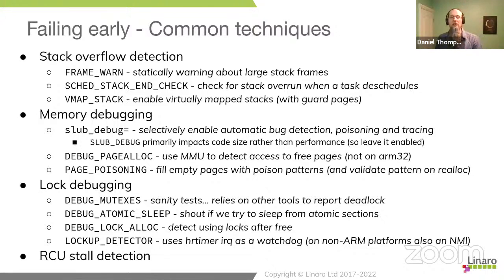That does not apply to Big Iron. If you're into the kind of 128 core server end of the world, RCU stall detection can happen when things are really, really busy and there's intensive use of locking across the various cores for different reasons. But on small embedded systems, when you've got 4 or 8 cores, RCU stall detection is almost always because one of the cores has failed. So if you see it, it doesn't get you a lot of way forward, but it allows you to start working out what do I need to turn on to try and find this deadlock that we've got.